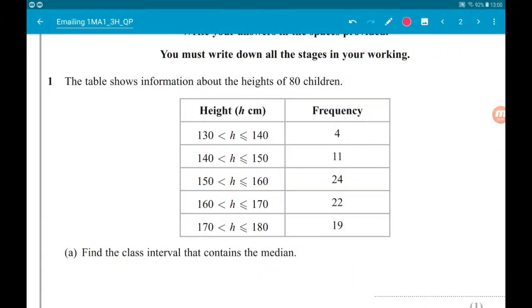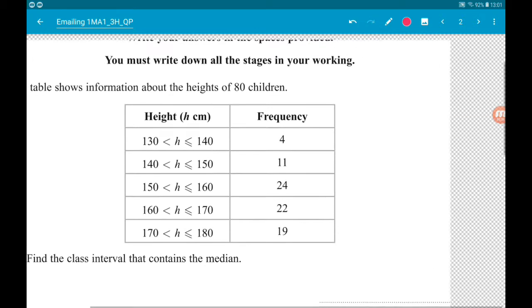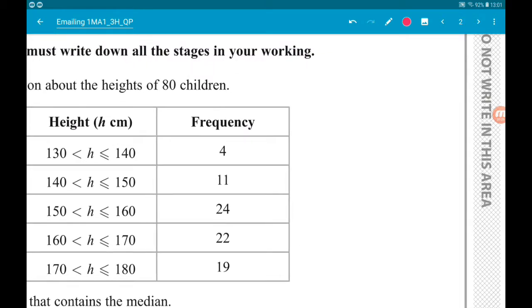Question 1. So the table shows information about the heights of 80 students. Part A wants us to find the class interval that contains the median. So what we need to do is half the number of students, so 80 divided by 2 is 40. Now, because there are an even number of students, the median value would be between the 40th and